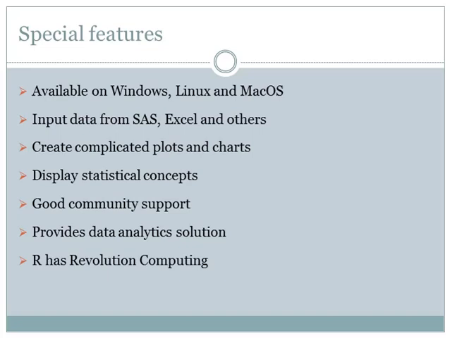R has a lot of packages which are written for a specific purpose, and all the packages are contained in CRAN, and the packages are divided based on their target domain. R contains code to perform all the basic and advanced statistics. R has Revolution Computing, which is an enterprise R provider, and R has a blog for them which discusses the latest developments, usage of R in various fields and various other matters which are related to R.